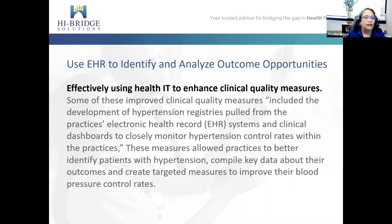So how can we use technology? Because that's the title of the webinar today. Well, one of those things that we use to capture patient data is our electronic health record, and it can help us identify and analyze opportunities to impact patient outcomes. So by effectively using health IT